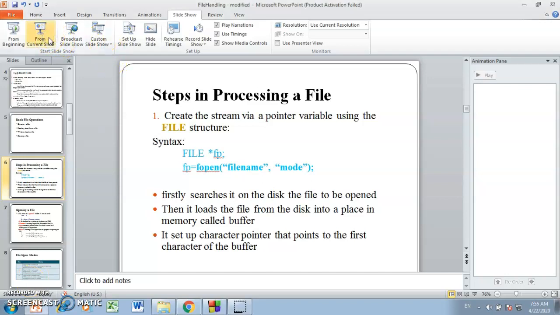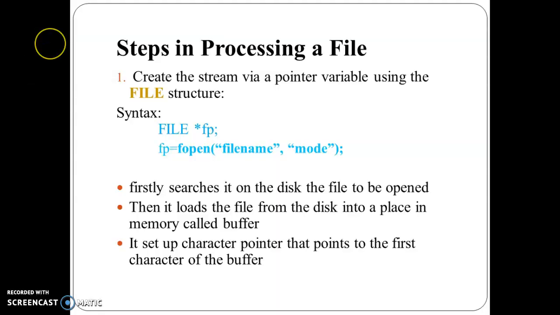Hello students. So today we are going to discuss the programs in file handling in C. Already you have gone through the PDF which is provided to you on the Moodle. So by reading those theory contents, now we'll see how to perform the programs in file handling in C.